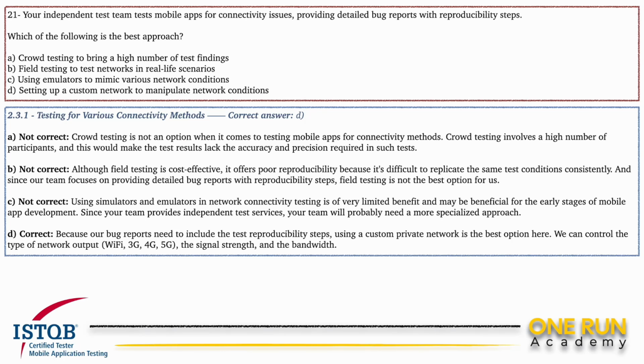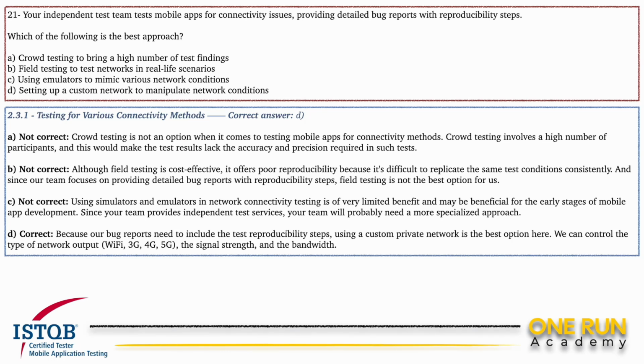Setting up a custom network to manipulate the network conditions is indeed the best approach. By using a custom private network, we can control various parameters such as the type of network, such as Wi-Fi, 3G, 4G, and 5G. Also, we can control the signal strength and bandwidth. This allows us to provide detailed bug reports with accurate reproducibility steps, ensuring that any connectivity issues can be consistently